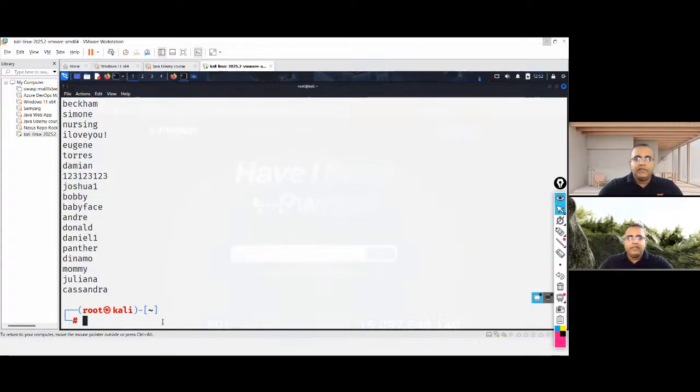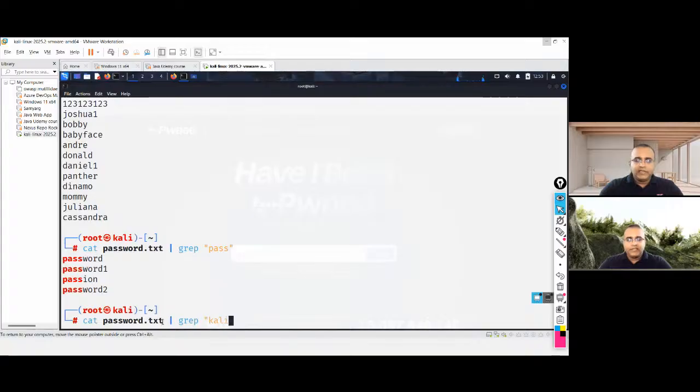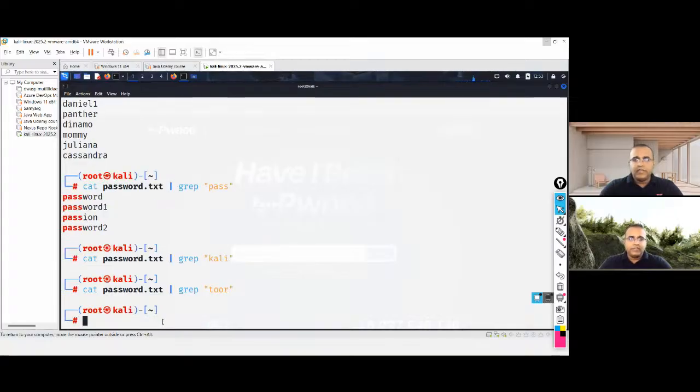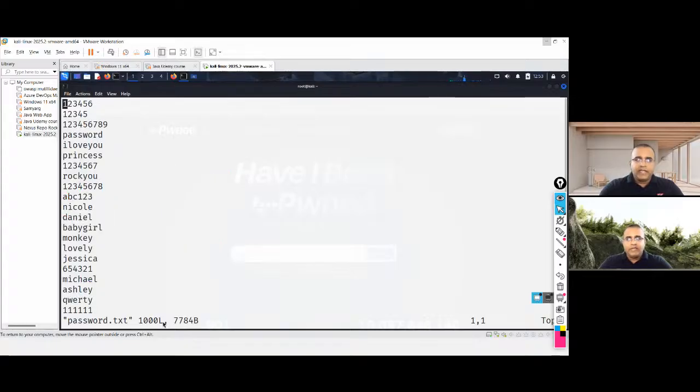But see here, our password is not there in this. Okay, what was the password? Right, our pass is not there. It is having other things and all. So we'll add that. Let's check if kali is there. That is also not there. The root user password is stored as toor, reverse of root. That is not there. Let's add all these three things, but we are going to add it at the last. Okay, remember it has to be there, otherwise it will not be able to break it.